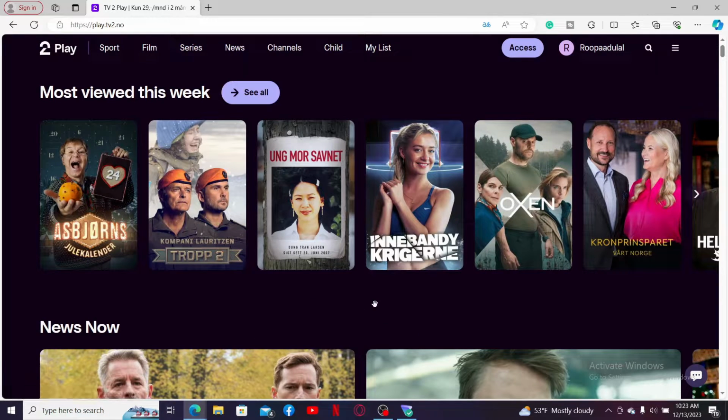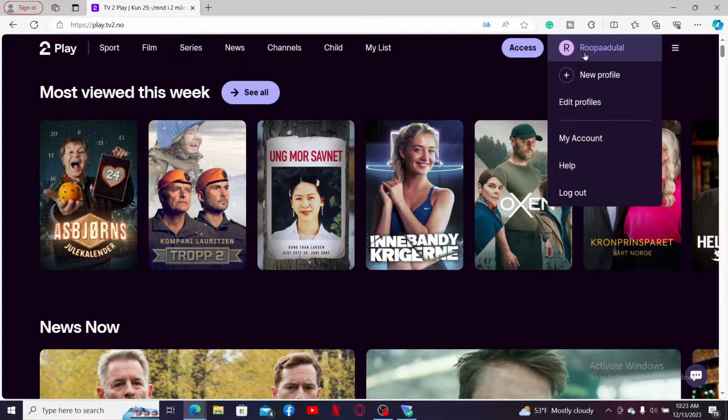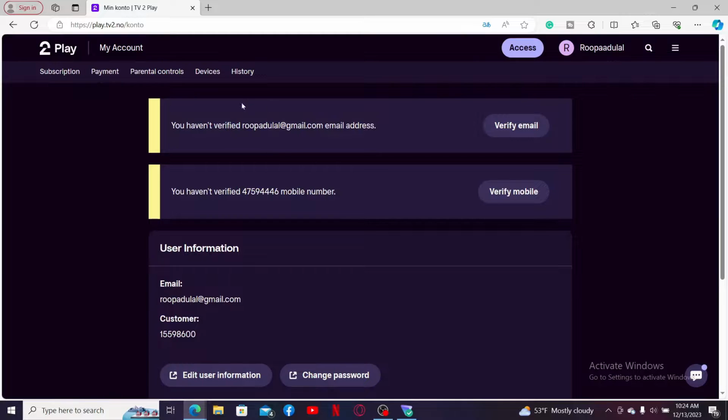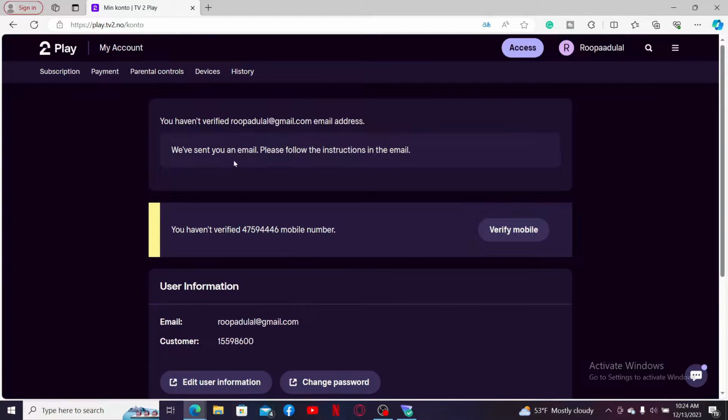After signing into your TV2Play account, go to the top right hand corner and click on your name. In the expanded menu, click on My Account. If you've not verified your email address yet, you will need to click on this verify email at the top of the screen. Now you'll receive an email from